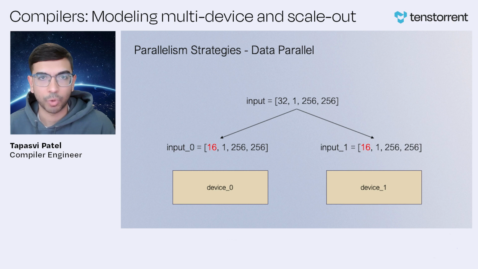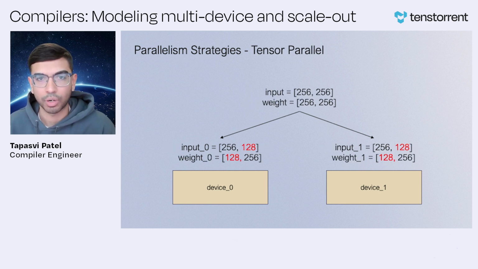about, for data parallel, we effectively are splitting our data, in this situation, our batch, across two devices. So our input tensor is as follows. We're going to split it across these two, and then we're going to perform independent computations and then aggregate the result afterwards. For tensor parallel, it's very similar to the motivation example where we're going to split the inner dimension